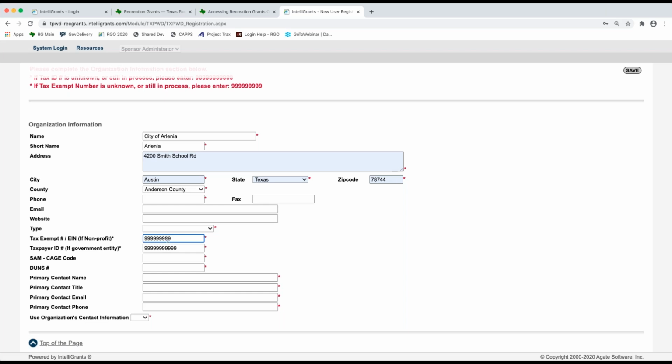If you'll notice, the required number of characters is slightly different for each field. You just want to make sure that the field is populated, but it doesn't actually have to have information that's relevant to you. So if you have an EIN number but not a taxpayer ID, that's fine. This would be your number, and this would be just 9s, and so on for all